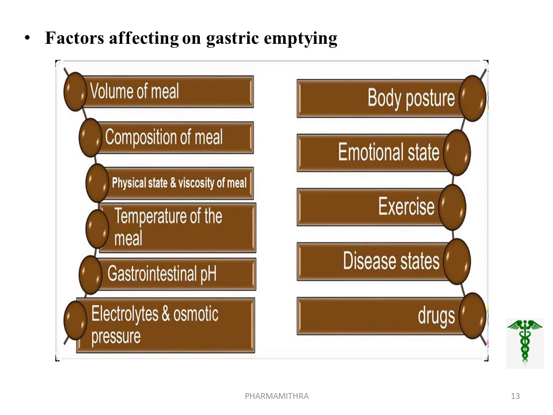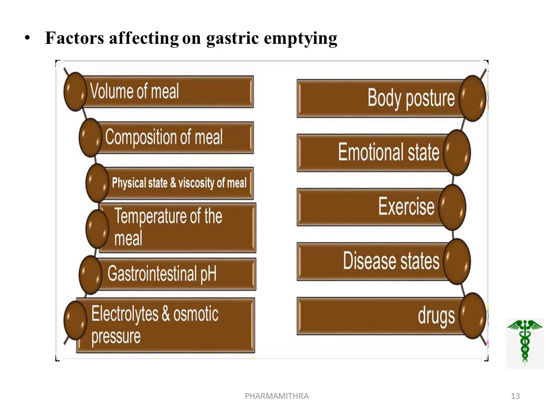A large number of factors influence the gastric emptying. First one is the volume of meal. That is, the larger the bulk of the meal, the longer the gastric emptying time. Second, the composition of meal. That is, predictably, the rate of gastric emptying is in the order carbohydrate greater than protein greater than fat. For delayed gastric emptying, fatty meals are beneficial for the absorption of poorly soluble drugs like riboflavin. Third thing, the physical state and viscosity of meal.